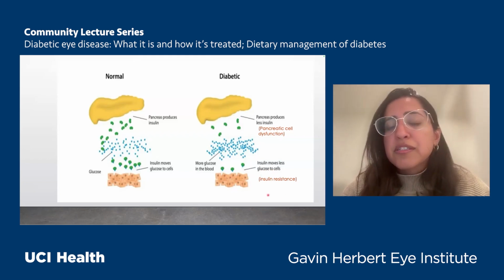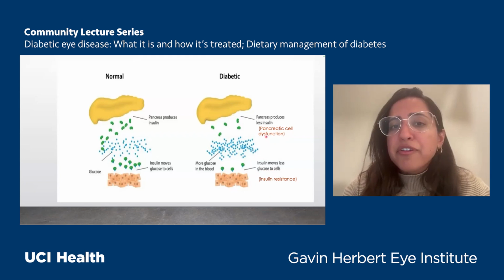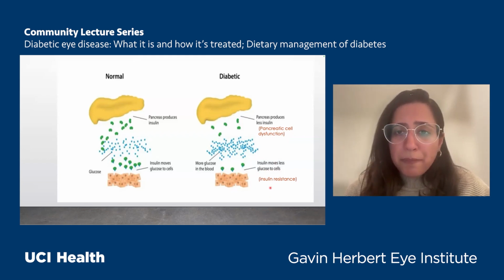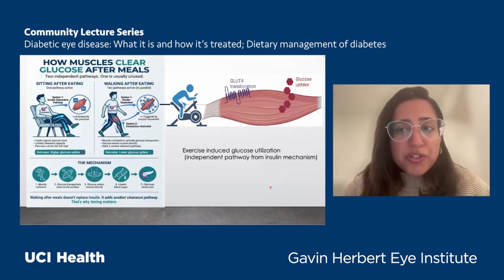And insulin resistance is the main mechanism that underlies type 2 diabetes. You actually also have dysfunction of certain cells of the pancreas that produce insulin in type 2 diabetes, but the main underlying process is insulin resistance. Now, we just understood how insulin helps to move glucose into the cells, but let's see how exercise affects